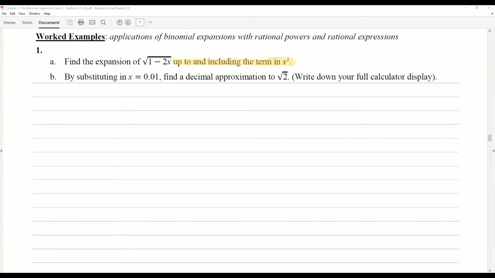And let's write down what we're actually expanding. Well, 1 subtract 2x, of course, so it's 1 subtract 2x. Okay, and the square root, as you all know, means that we've got the power 1/2. So let's write down, so for part A, let's write down what our n and our b are. So I'll do that. I've just highlighted the n part, of course. So n equals 1/2, and b,